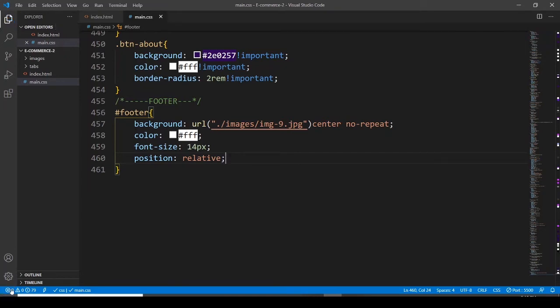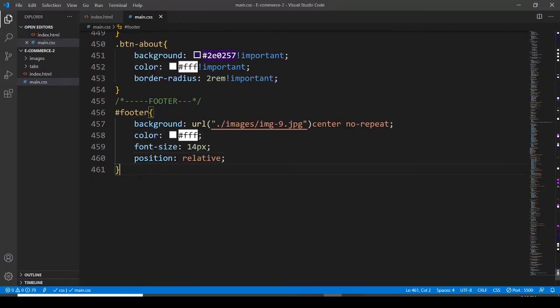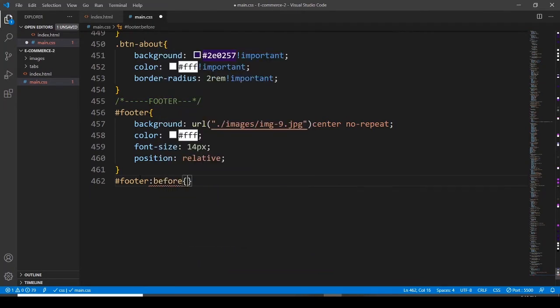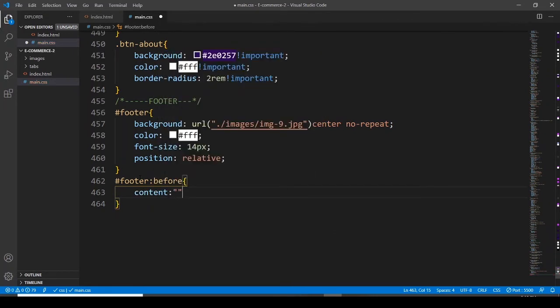Let's save it, move on to the browser. Okay, so we do have an image, the format, everything is here. Let's use the footer ID with a pseudo element before, and content for this is going to be nothing, and the position for this is going to be absolute, not relative. It's the IntelliSense who is